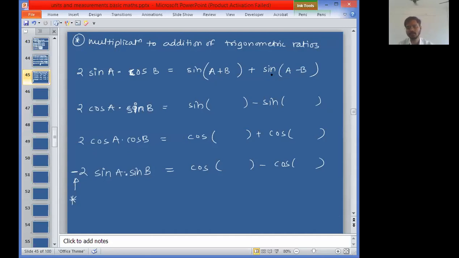No need to do upon 2. Okay, sir. A plus B, addition of these angles. Subtraction of those angles, A minus B. Addition of again these angles, A plus B. Subtraction of the same 2 angles, sequentially A minus B. Again here A plus B, and again here A minus B in the last bracket. Write it down and let me know in the chat box, clear and written. Multiplication converted into addition of trigonometric ratios. Write it down, understand it, and then let me know in the chat box, CW.